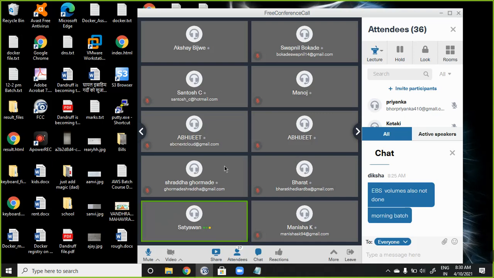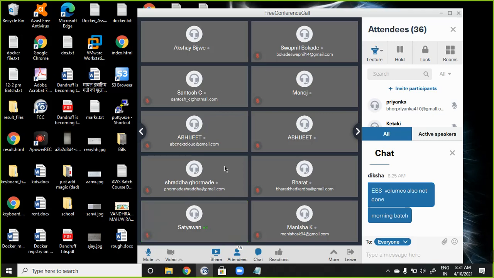So AWS gives you a tool. Using that you can do the analysis automatically and then take action accordingly. Are you getting it? Yes, sir. And that tool is called Trusted Advisor. That advisor will fetch all the details that are required in this case.